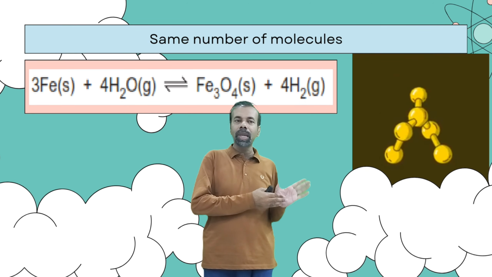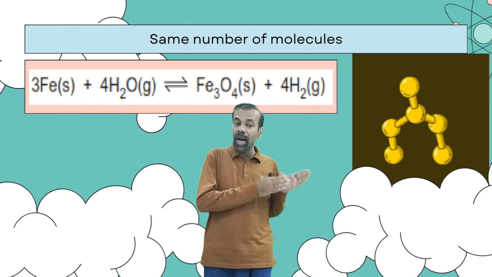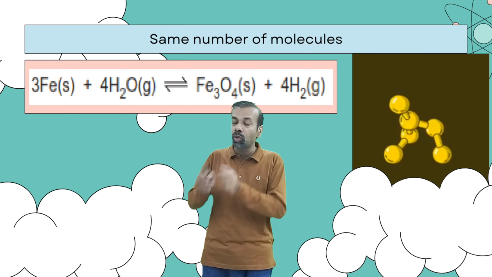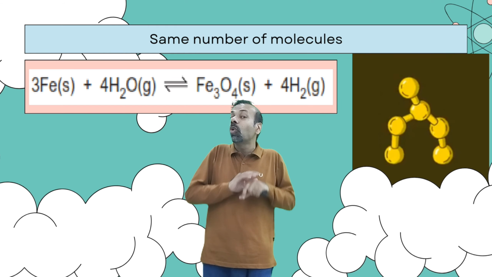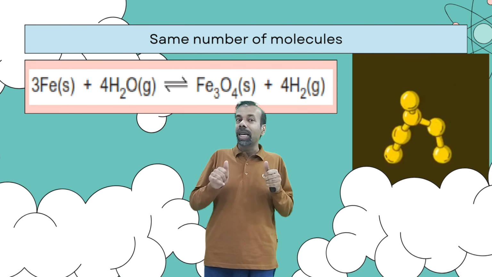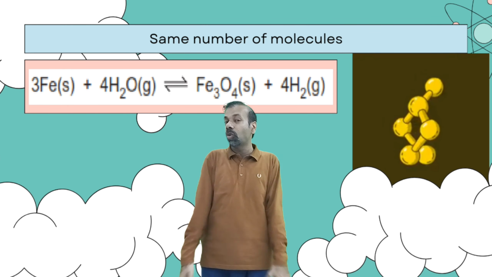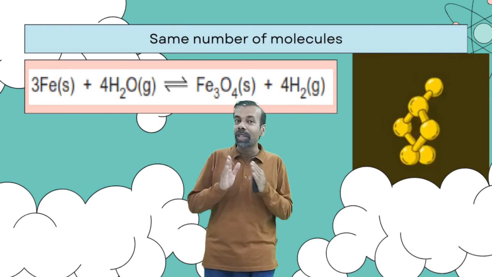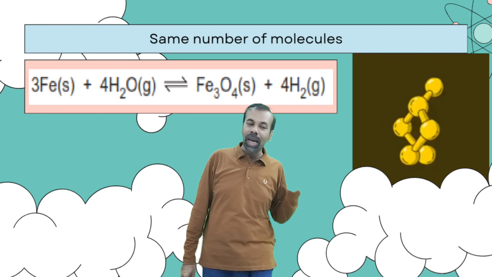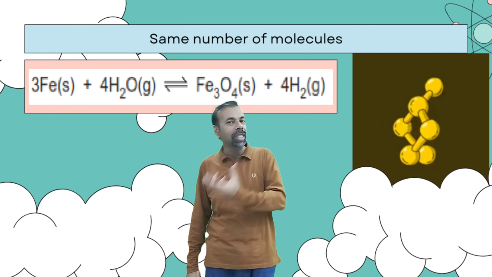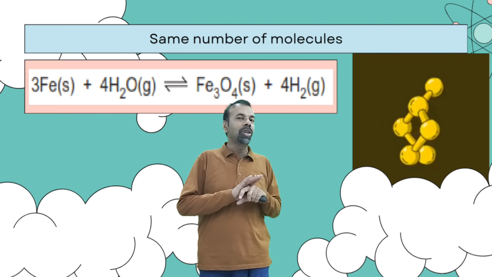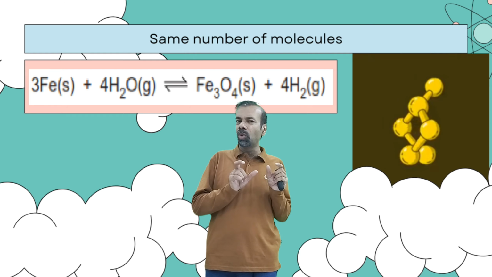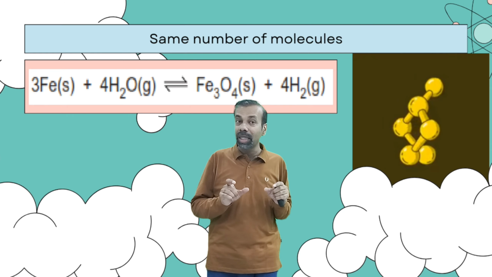But in this example, you can see 3 Fe plus 4 H2O makes Fe3O4 and 4 H2. In this case, there is no effect of pressure on this reaction. Why is there no effect? Because on both sides the number of moles of gas is the same. On the left side you have 4 moles of gas and on the right side you have 4 moles of gas. So there will be no effect of pressure in this case. When there are the same number of moles of gas on both sides, the reaction will not